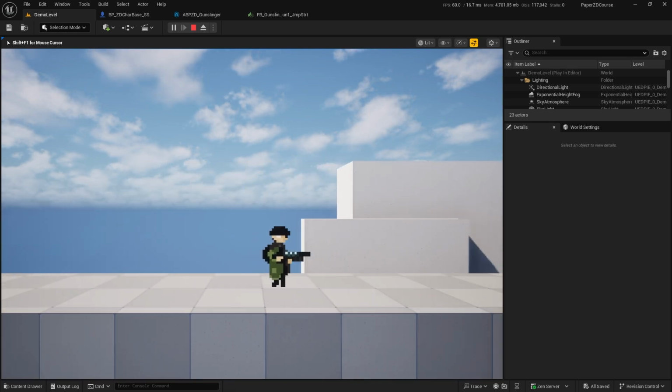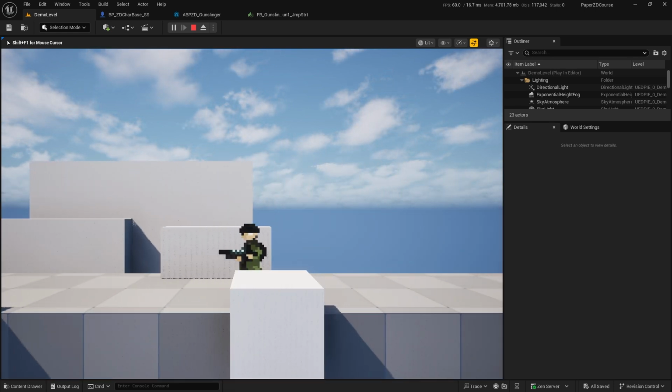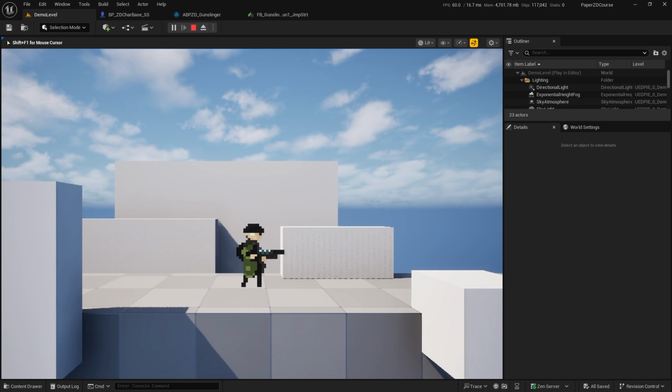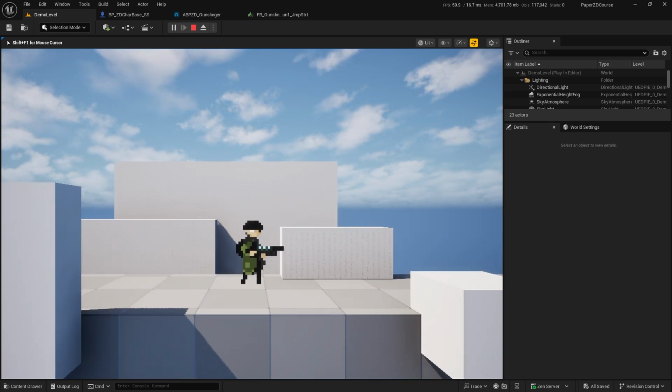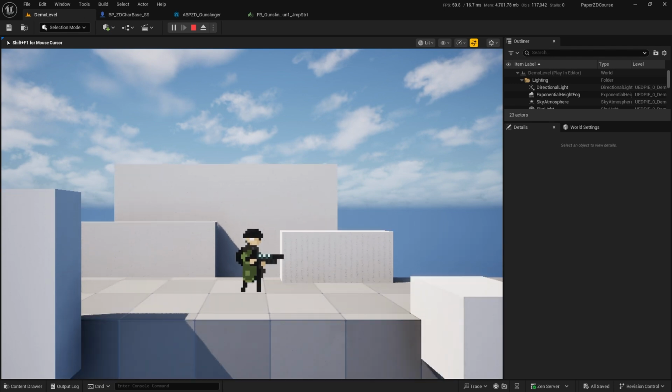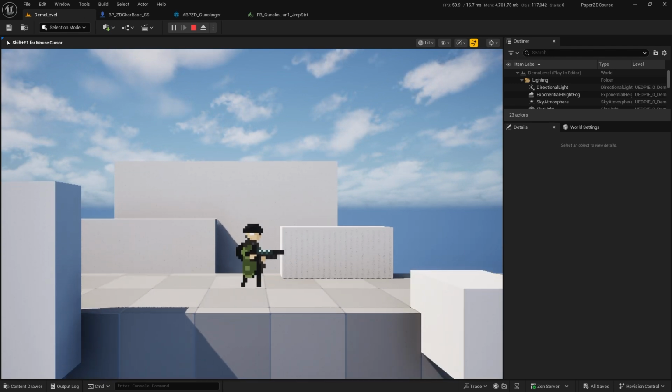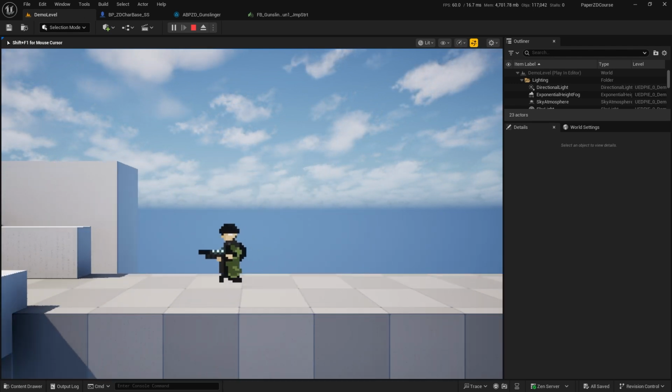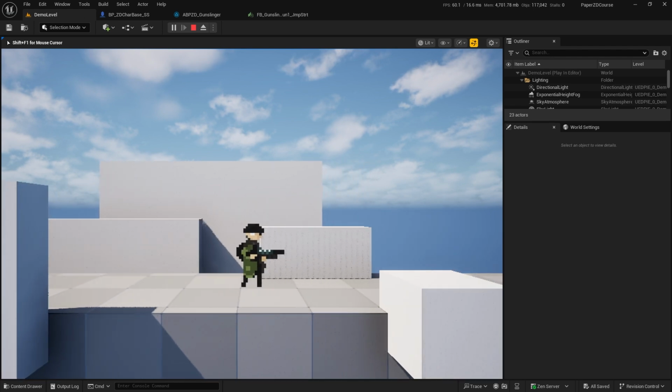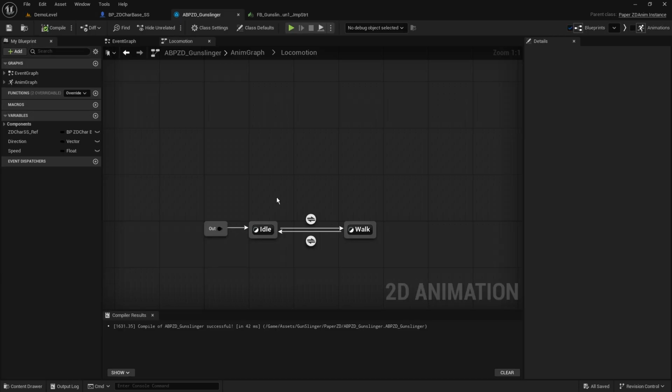What we already have is the ability to walk and play a movement animation. It returns back to idle when we're standing still, and we can press an input button to make our character jump. But what we want to look at now is how can we put an animation onto this? How can we have it so that when we press that button, our character goes through that jump start, falling, and then landing loop? Now, one of the things that you could do is in your animation blueprint,